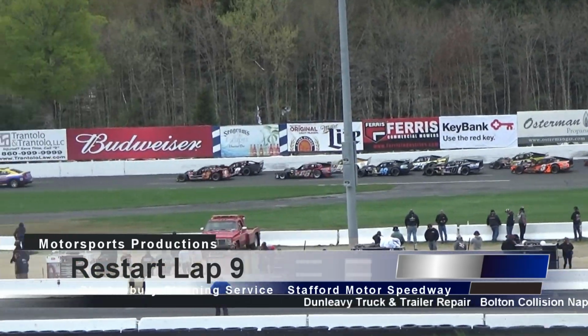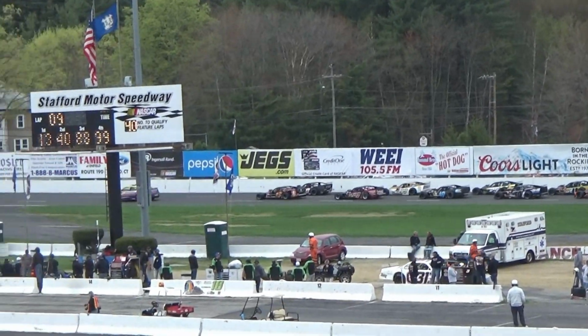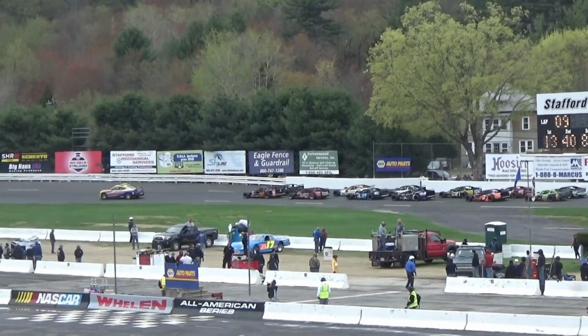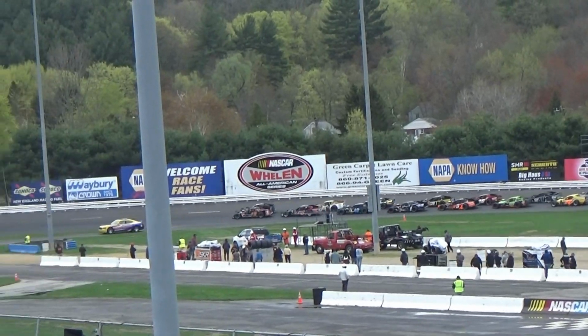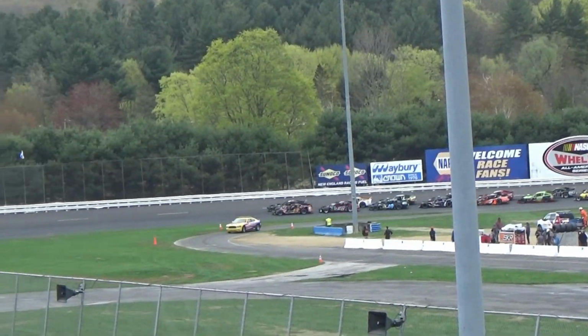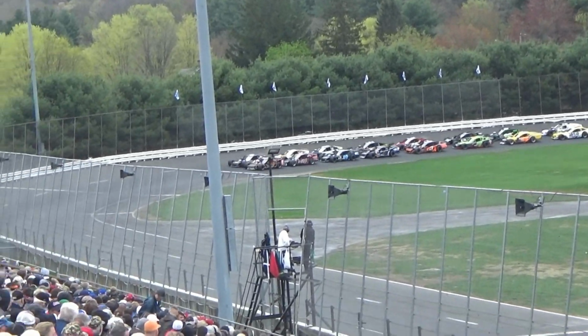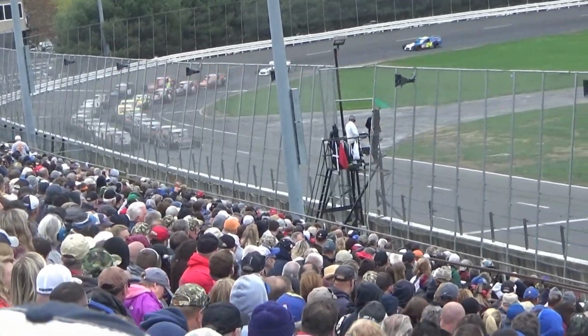Lights are off at the point. Christopher teamed up again, deja vu, in the front row with Ryan Preece. Then Keith Rocco, and the cream is rising to the top, looking for that third consecutive title. It could begin here today for Rowan Pennick as he sits in the fourth spot. Textbook, picture-perfect start